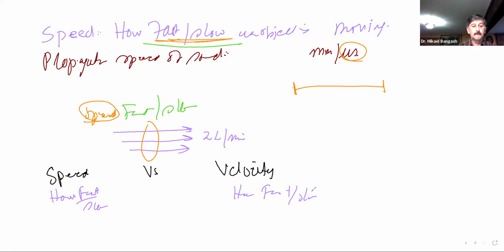Clear? Okay. The only difference is that speed is not specifying the direction,